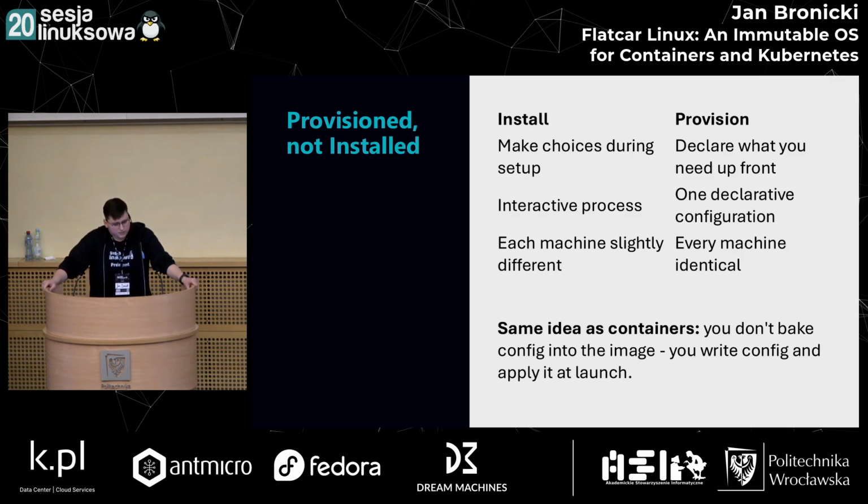What that creates is that on a normal distribution, every machine is slightly different, right? With provisioning an OS image, every machine is identical to the actual bit, right? So everything in our image is basically full of hashes. And one thing that we do use is dm-verity, which I will mention also in a bit. That means that if you change it, the kernel panics. So you're always certain that this is the OS image you were running initially, and it is the one that you downloaded, right? Which essentially prohibits any software like malware, or just errors in the disk, for example,